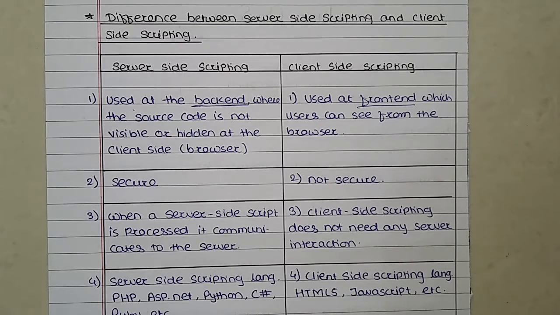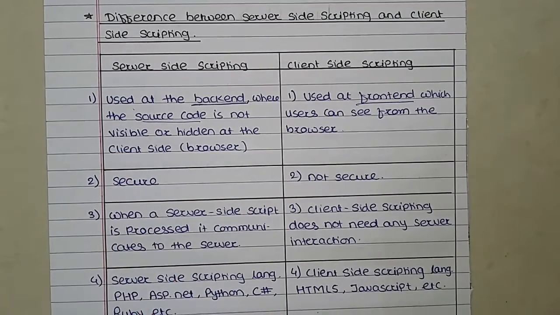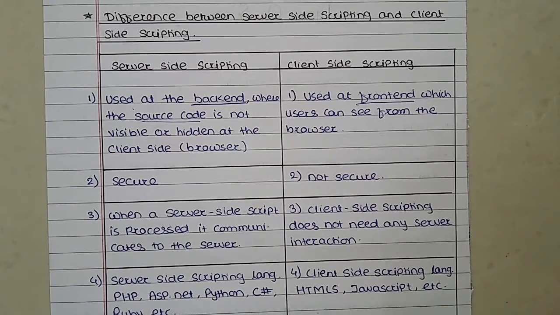So what is meant by source code? Source code means, when we design any program or write any HTML code, the instructions we write in an .html file or any language file like .c or .java. When we make any program, we have to write some instructions in it. These instructions or codes are called the source code. This source code is not visible to the client machines or browsers, so this is called the backend. That means the source code is hidden at the client side or browsers.